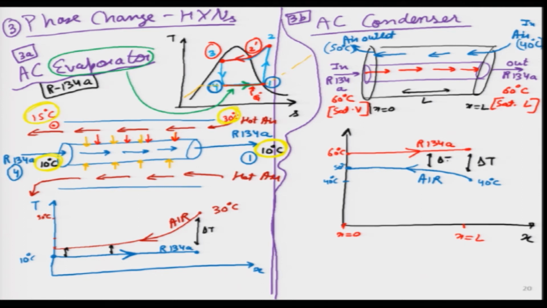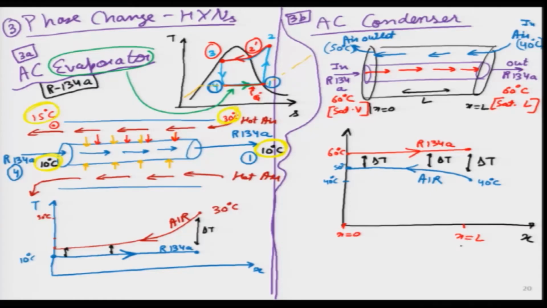So, we have looked at 4 types of heat exchangers. Let me summarize. The first one was parallel flow, then we looked at counter flow, then we looked at 2 examples of counter flow in which phase change is taking place. Why am I asking the students this question, that give me the value of delta T? I am trying to highlight that delta T actually is changing with distance. So, I am always asking this, because we will learn very soon that the very powerful equation that we can use in this particular chapter is related to delta T.